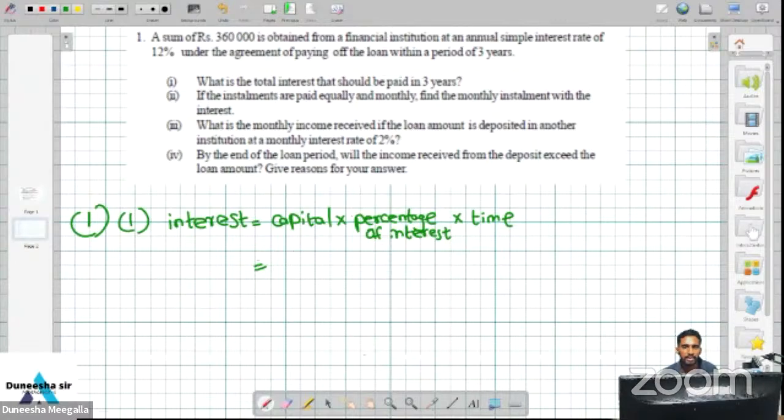අපේ loan amount එකනේ capital එක. What is the 360,000 multiplied by what is the percentage? 12. Yes, 12%. Okay, then time is